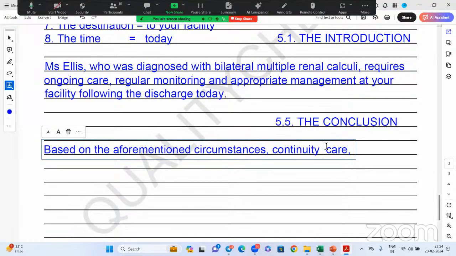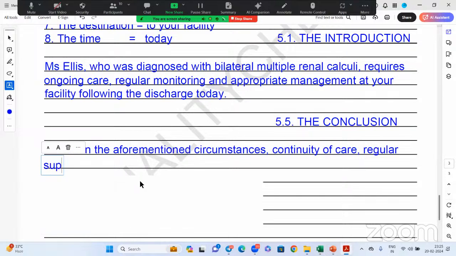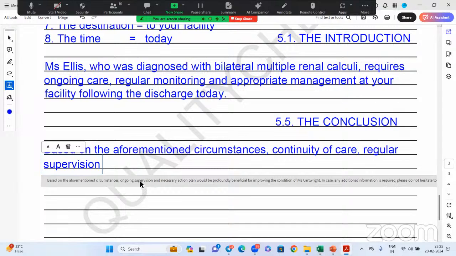So continuity of care, then observation, supervision, on continuity of care, regular supervision, regular supervision, yeah, regular supervision and